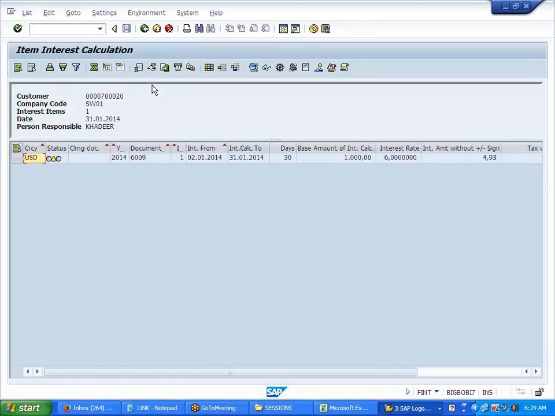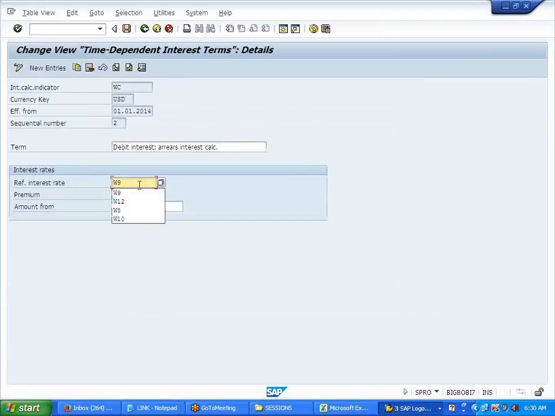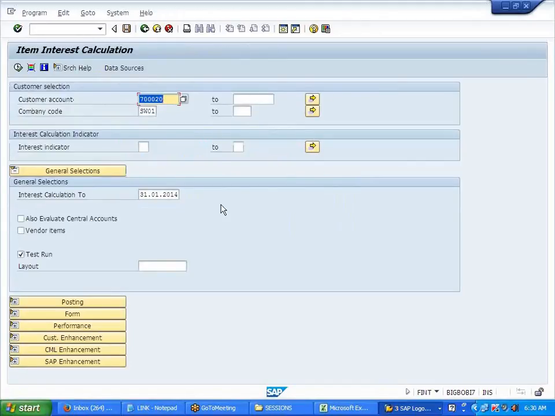So what did we maintain? W9. I'll remove this. Back. Okay, this is one.